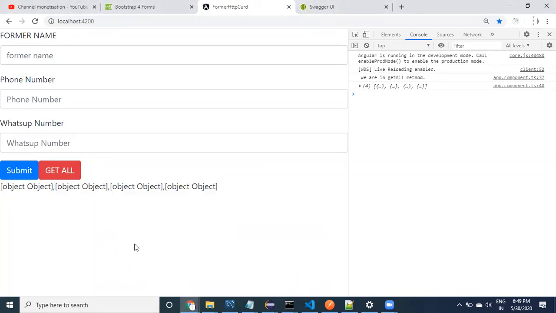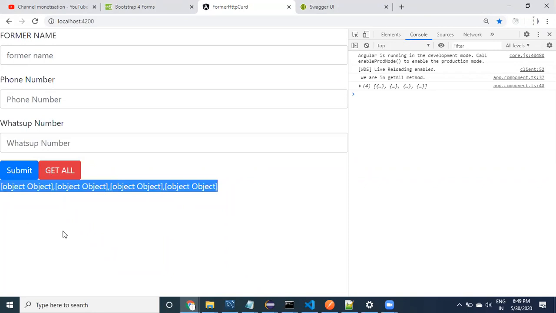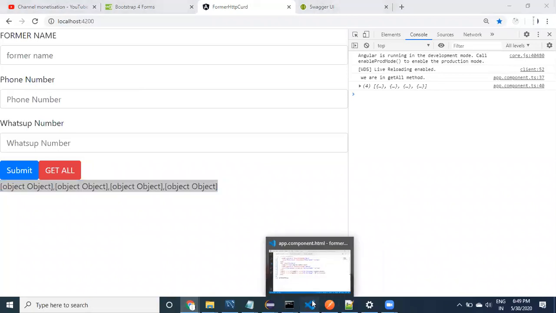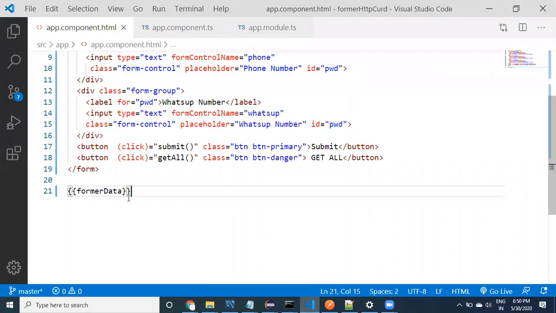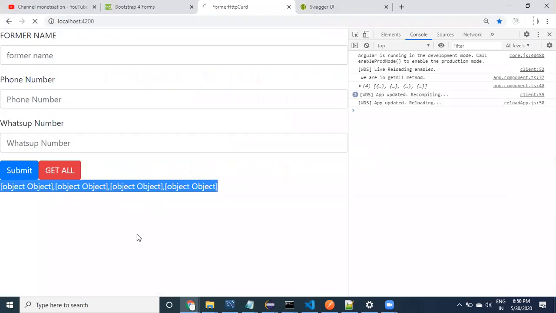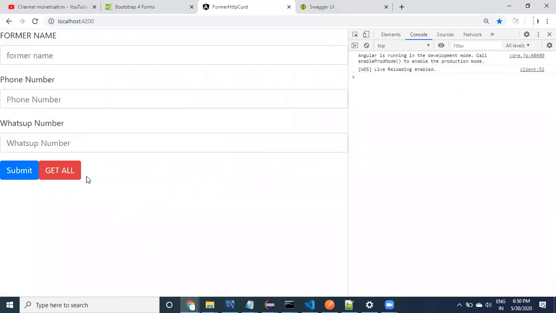When you try to print JSON data, an array or any object in the HTML, by default it is going to display in this format. If it contains JSON data or an array of JSON data, you can convert this data into JSON by using a pipe called json. This is going to help us in displaying data in the format of JSON.